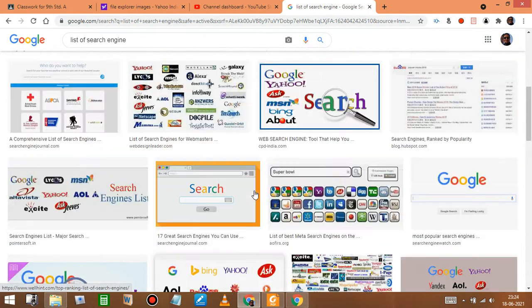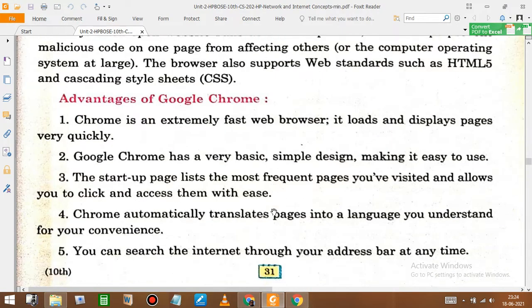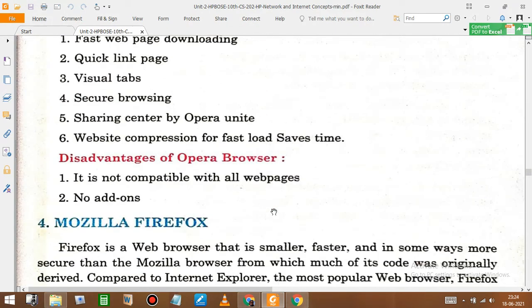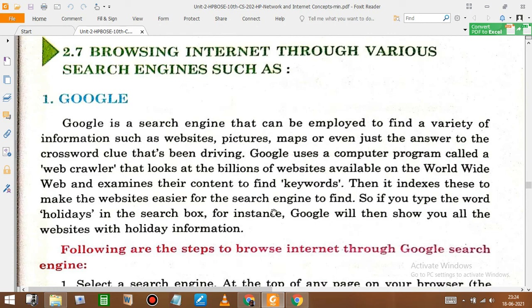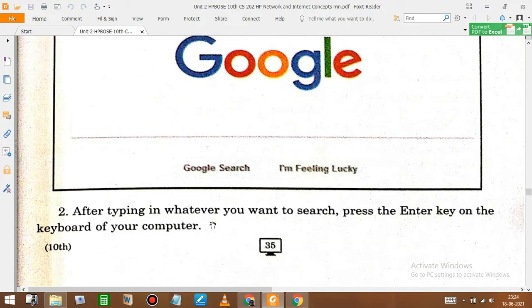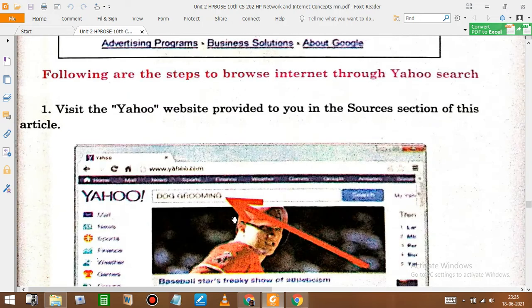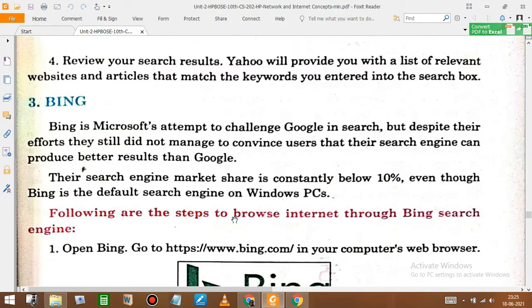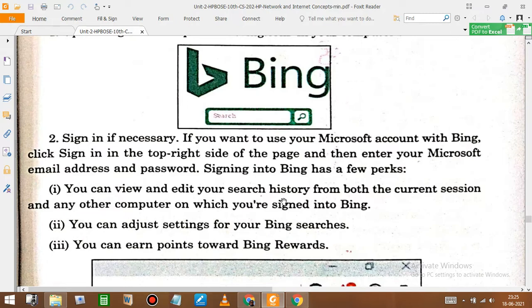Okay, and then we have Google Chrome. We have seen the advantages and disadvantages of Chrome, and then Mozilla Firefox we have just seen, and then search engines. Google, we just went through this Google. Then Yahoo. Yahoo is also a search engine. We use this Yahoo search engine also. So this is the platform where we can get the information over the internet and throughout the website,